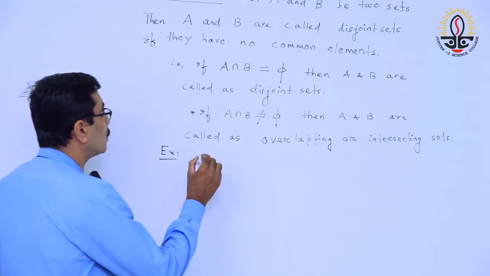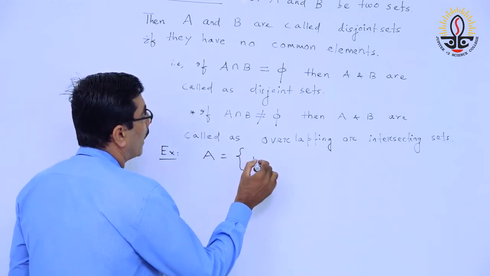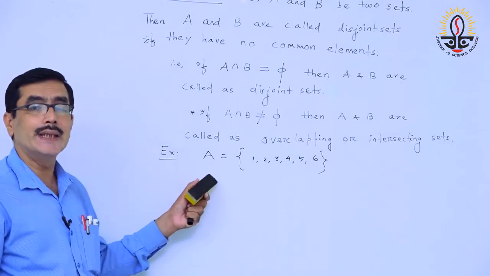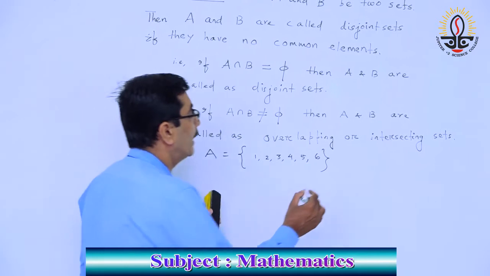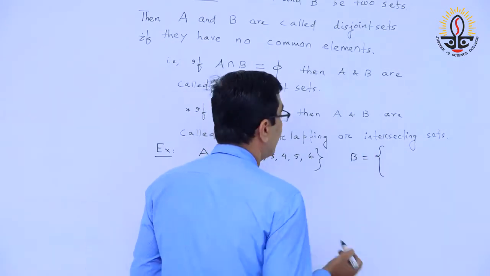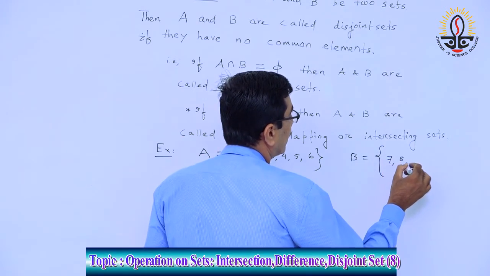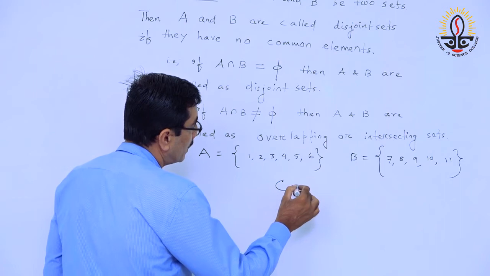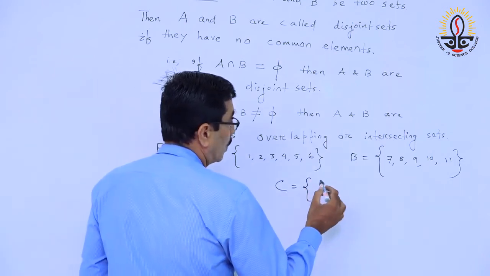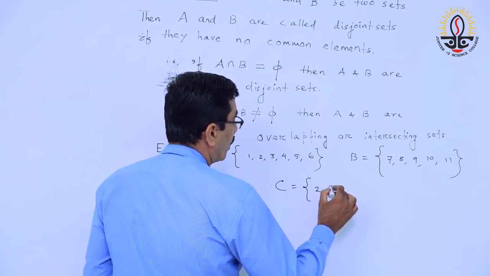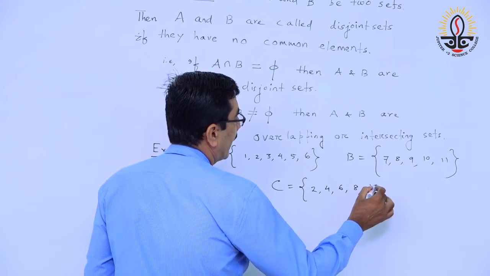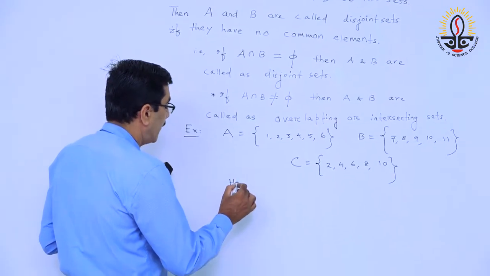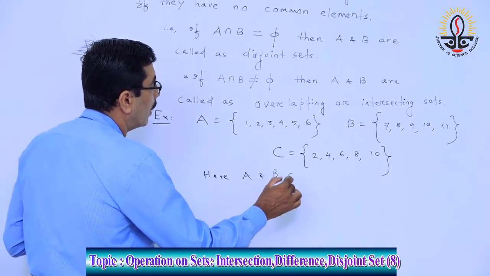Example: suppose A is equal to {1, 2, 3, 4, 5, 6}, B is equal to {7, 8, 9, 10, 11}, and C is equal to {2, 4, 6, 8, 10}. Now see here, A and B are called